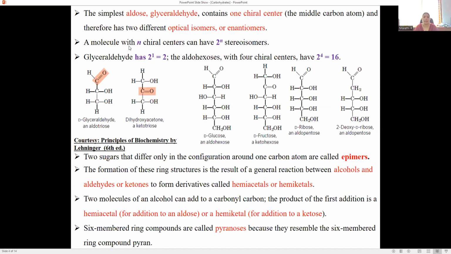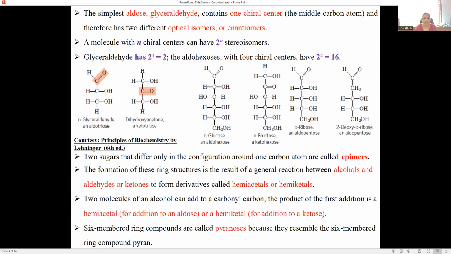And again, you have classification based on the chiral atom. Chiral atom, in the sense, let us say, for example, this is 1 carbon. Here is C double bond O, on one side OH is there, H is there. If you have the same substituents, then this carbon atom will not be a chiral center. If it has different substituents, as in the case of the center carbon atom, you just check: here OH is there, here C is there, here C double bond O is there, and the other one is H. So this has different substituents. When a carbon atom has different substituents, you call this carbon atom a chiral center.